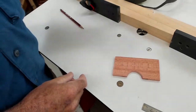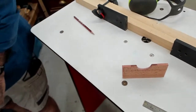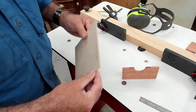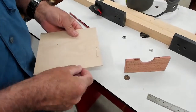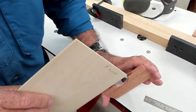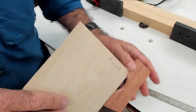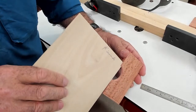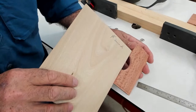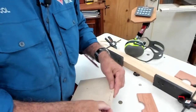Now it's a matter of making the bridge that goes in that cavity. And we need our 1/8 material, so I'm going to use a piece of jacaranda. So all I'm going to do is cut myself a piece of that. The 1/8 material will fit in there perfectly. Now I've got rounded over ends, so we've got to deal with that as well. So we need a piece that long from there to there. So I'm just going to cut a piece off